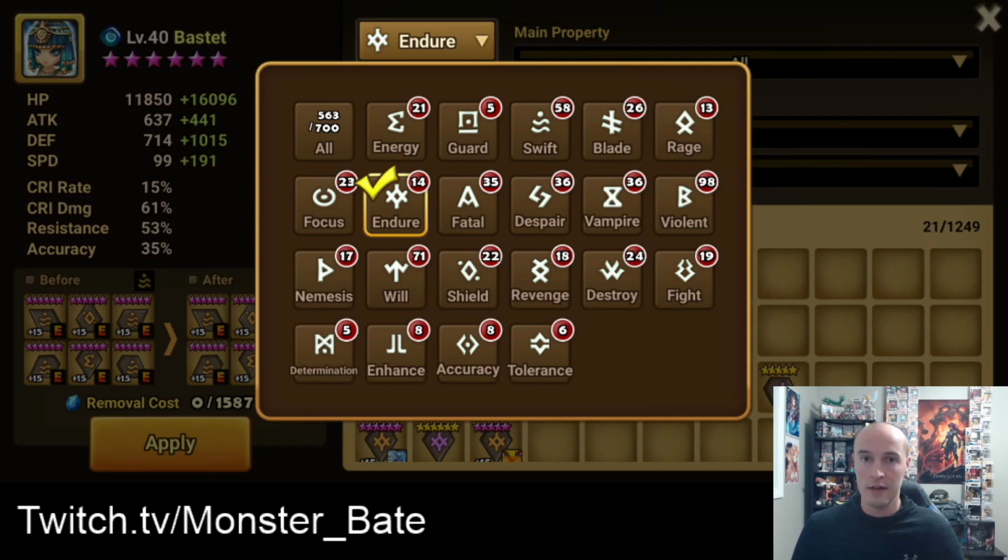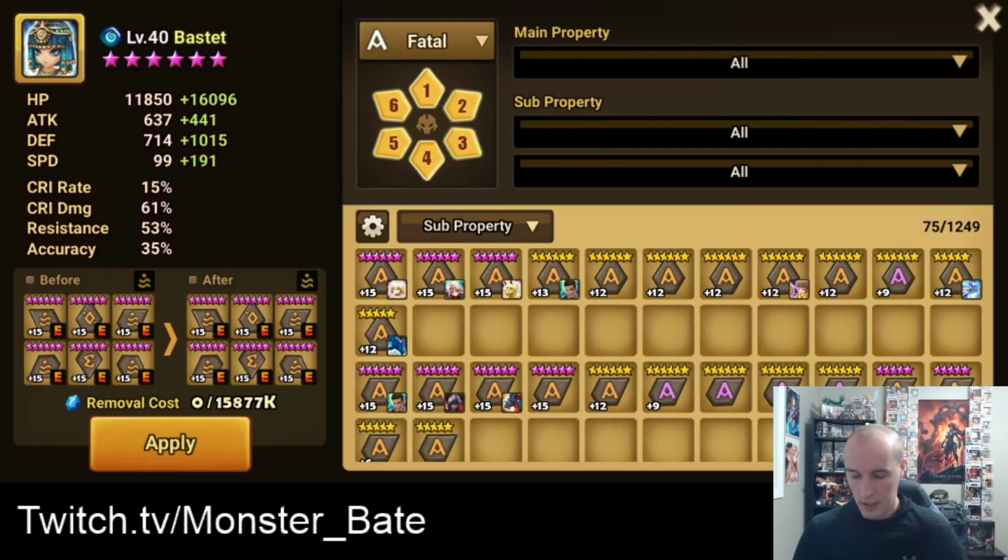with like 18,000 HP and 900 defense, and then your energy set might drop you down to 210 speed, but then you can get up to like 32,000 HP and 1,500 defense. Yeah, go for those tankier stats, because that's more important than being able to go 30 speed faster. All right, so fatal sets,